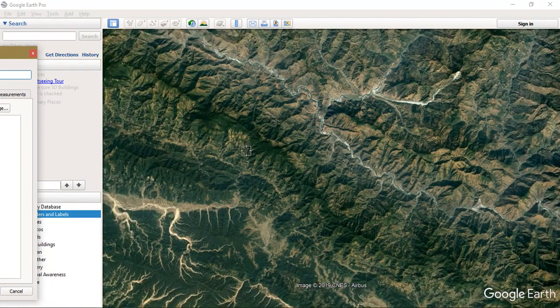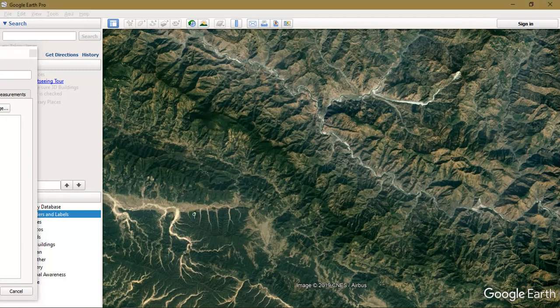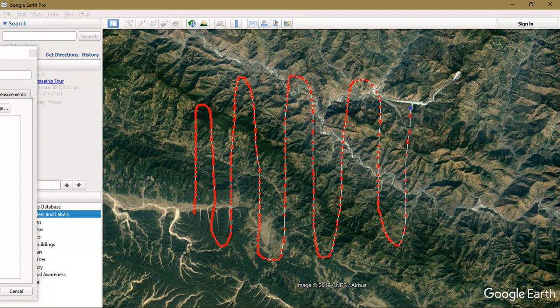So after that, just draw a line covering the entire study area or the region which you require to get the elevation data, like this. It may be in any pattern. I'm just showing you as an example.